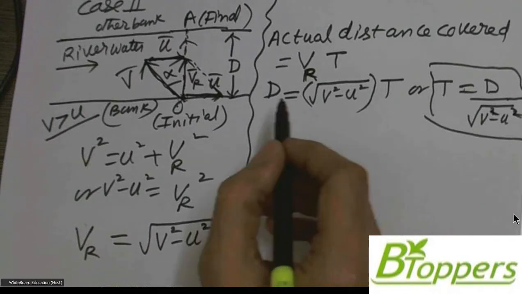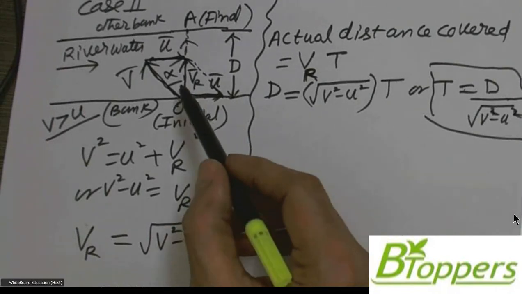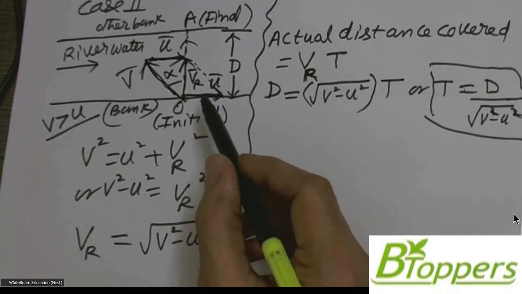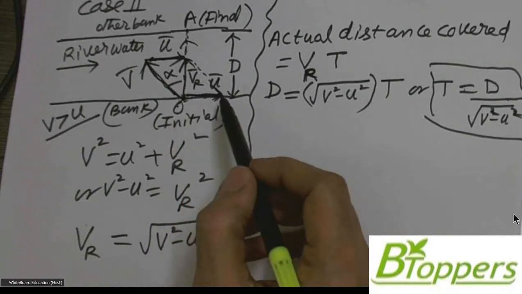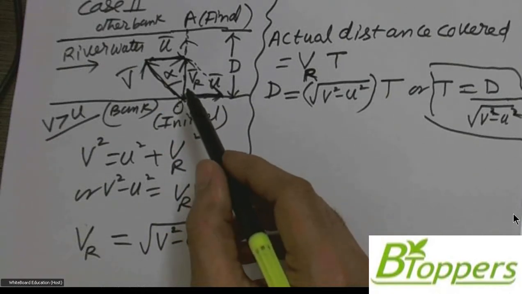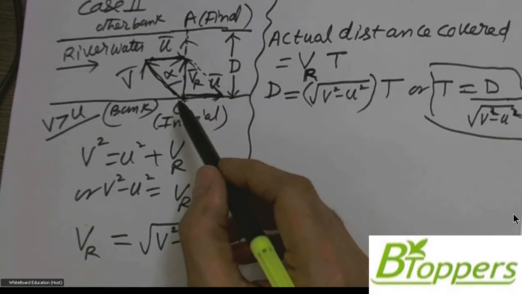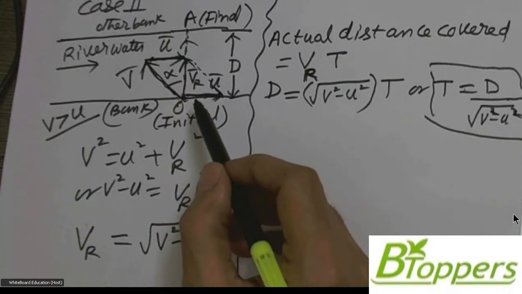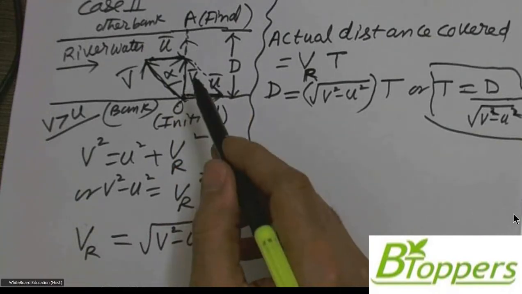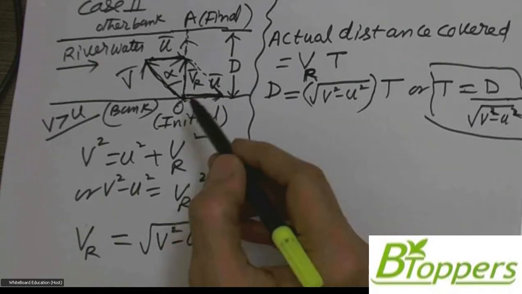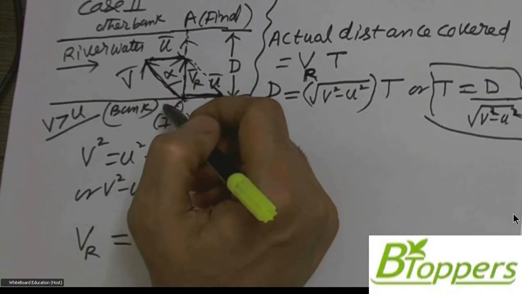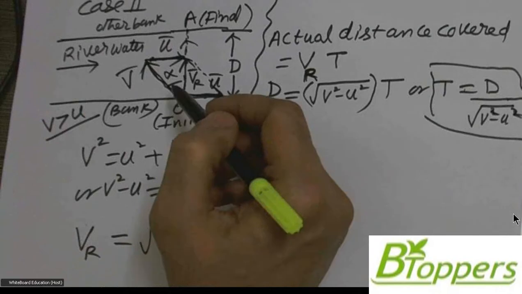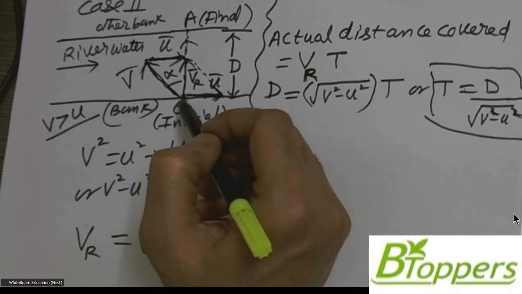In some of the questions, you may be asked to find the angle theta between v bar and u bar. The angle theta between v bar and u bar is equal to 90 degrees plus alpha. Here alpha is the angle which v bar makes with the line OA, with the width of the river. That means at the starting point, the boat is rowed straight in this particular direction at an angle alpha with the width OA. So we have a right angle triangle here.